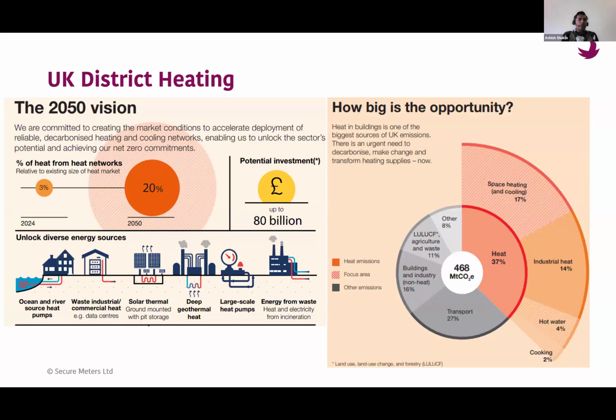And they also want to utilize all kinds of energy resources, for example, ocean and sea, river, or deep geothermal, whatever way they are able to use for heating purposes. Very interesting. I have also heard about some of the data centers around the world. They also use deep geothermal heat for heating purposes. So what they do is dig quite deep near the data center, and this water goes down, and when it comes up, it's quite warm, and then that water they use for space heating or heating purposes.